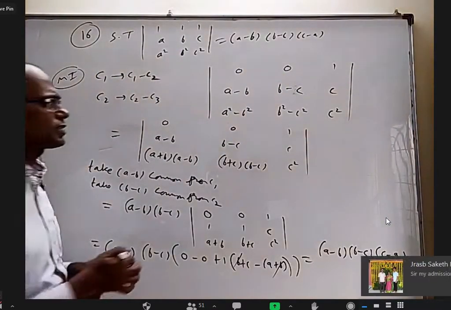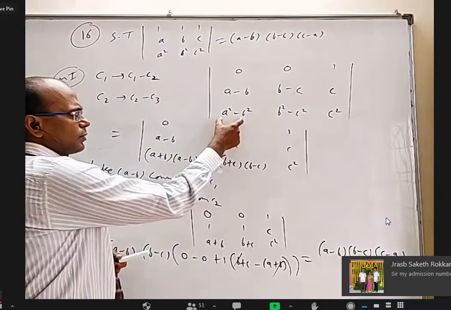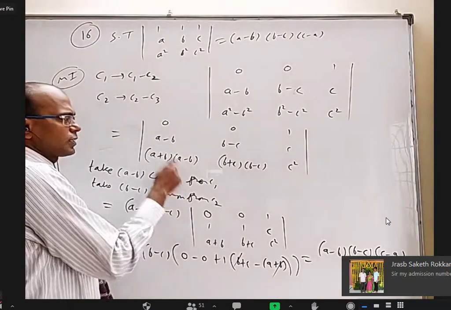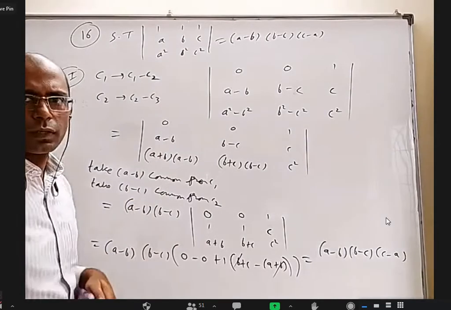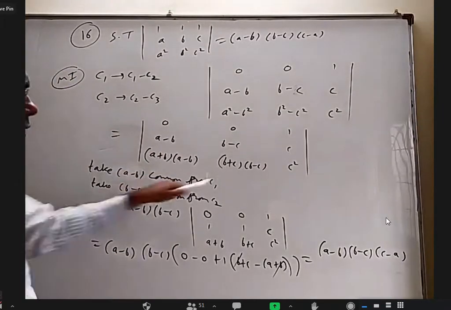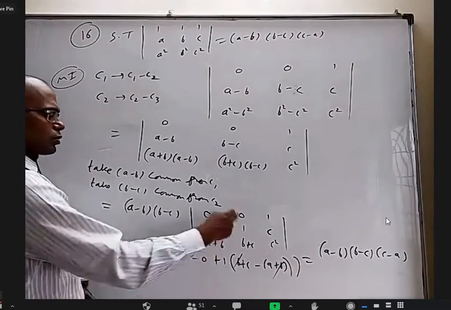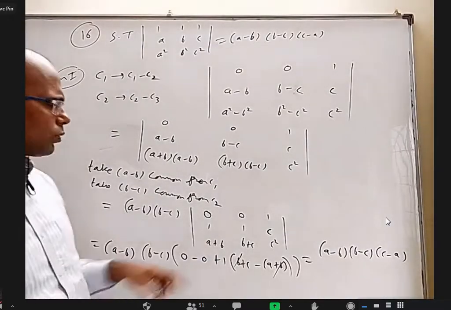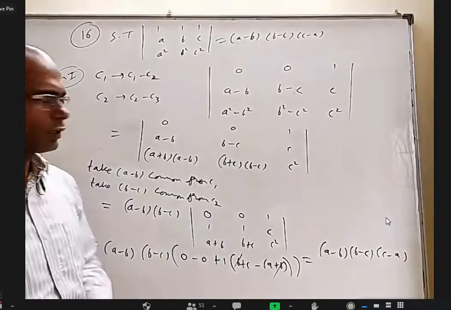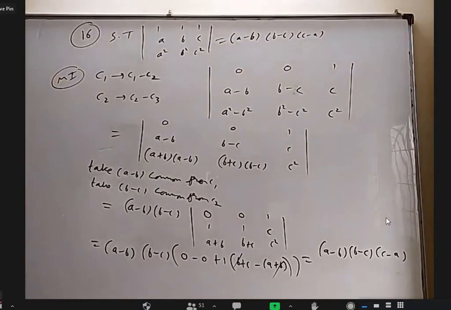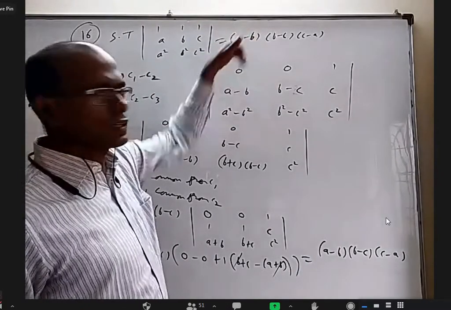Another advantage is when I factorize this A square minus B square as A plus B into A minus B, here 0, anything is a factor. So I can take A minus B common here, I can take B minus C common here. Then I got these two columns. And now you just expand it, it's okay. Is it fine now, Omkar? Yes, sir. Clear, sir. Okay. They want us to prove this. We are trying to prove that.